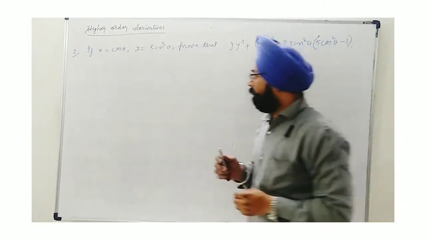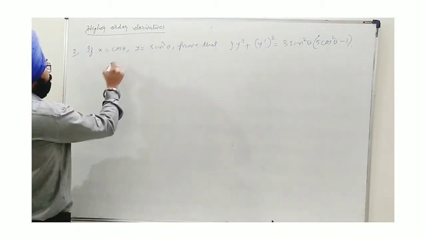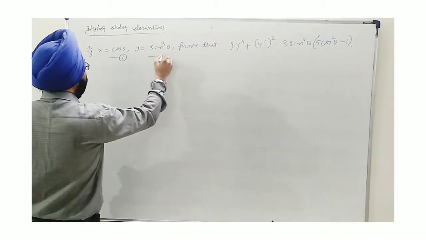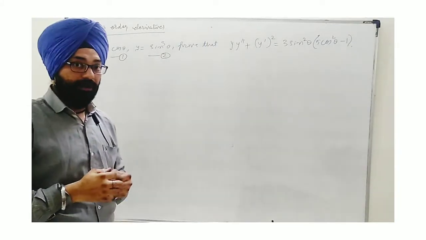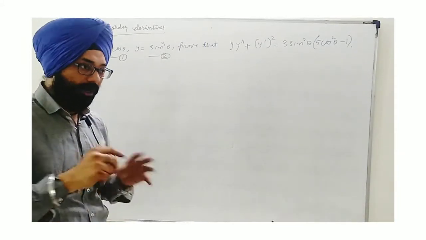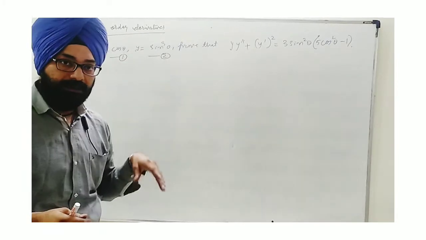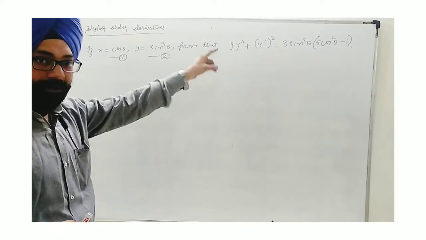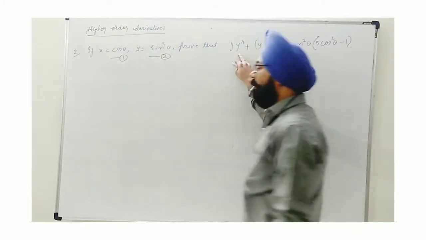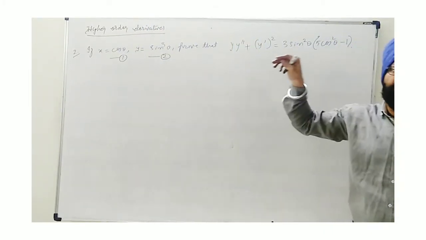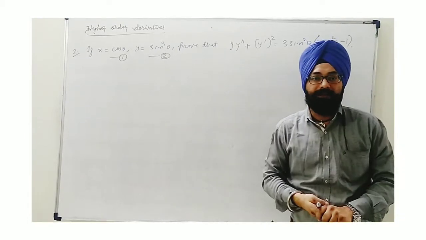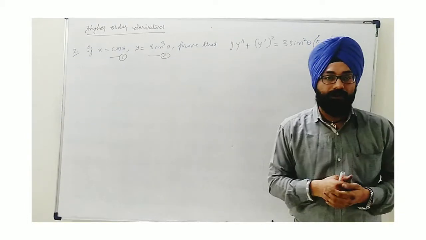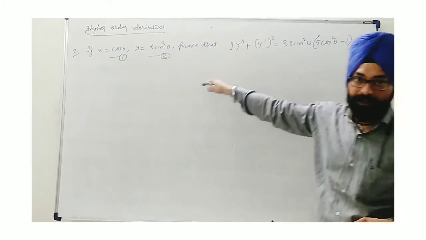Let's start. First thing will be to differentiate these. And one point to be noted, here y dash means what? It's always dy by dx. Whenever y dash is written, in a parametric function, that means dy by dx. Y double dash is written, that is d square y by dx square. Be careful, as in parametric function we know that differentiation is possible with respect to theta also. So that's why we must know the meaning of these two.